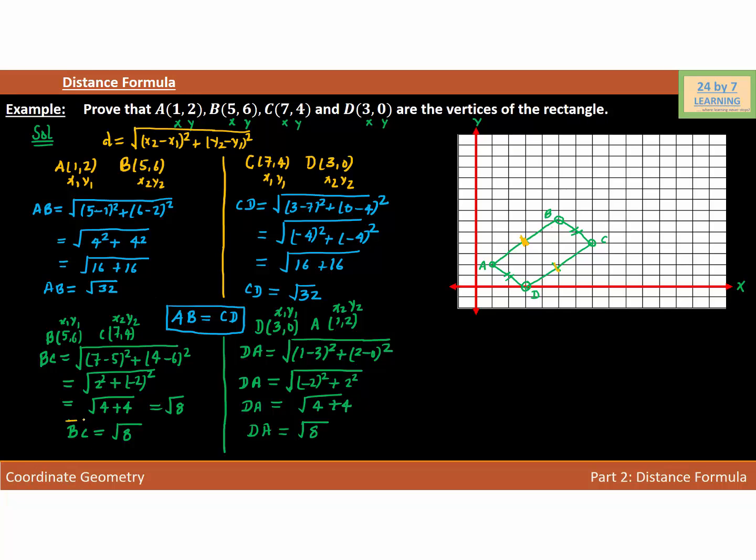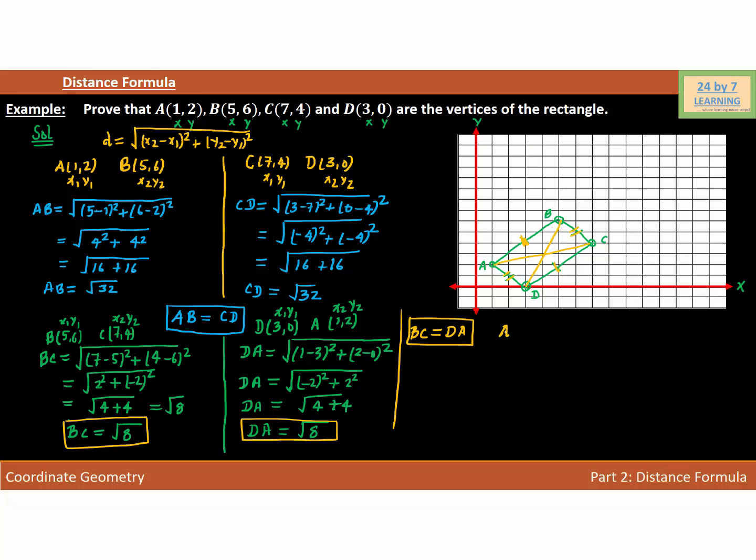So as you can see, my BC is root 8 and my DA is also root 8. So I can write over here BC is equal to DA because both of them are congruent. So this side is congruent to this side. Now what we need to do is prove that this diagonal, which is our BD, is equal to AC. So let's find